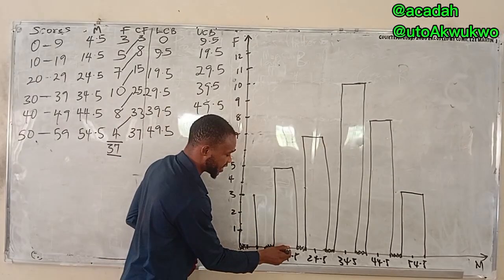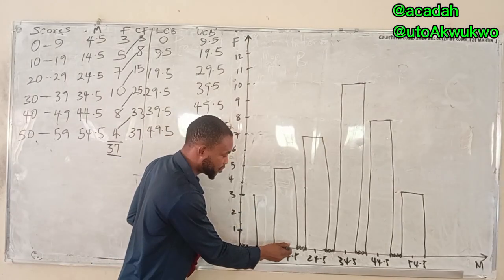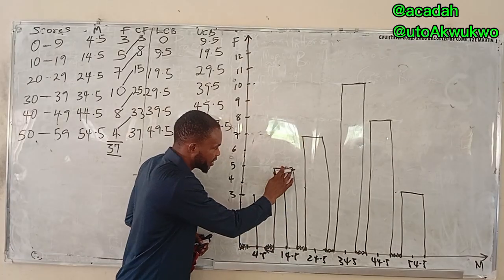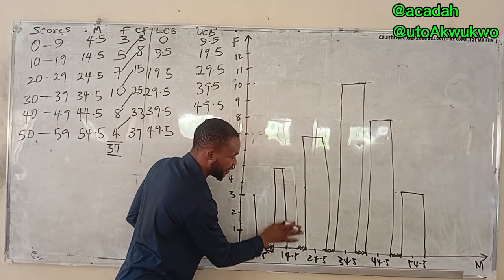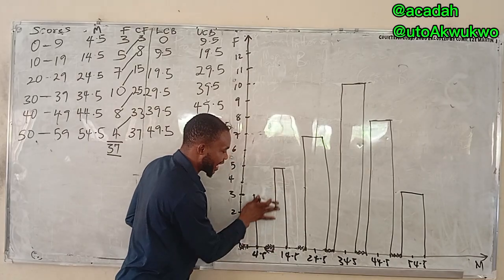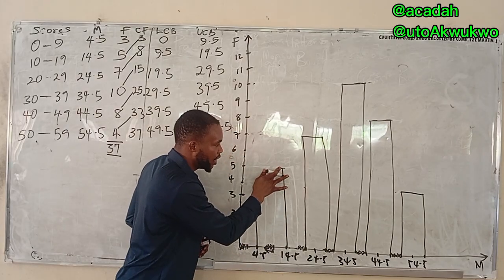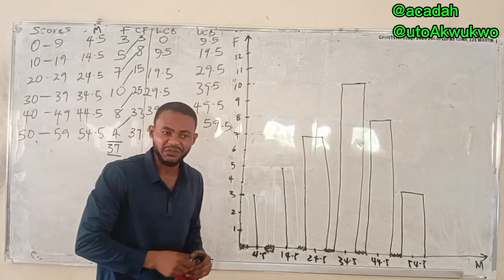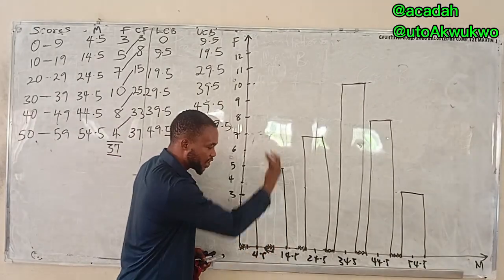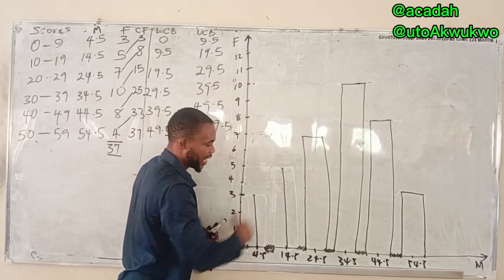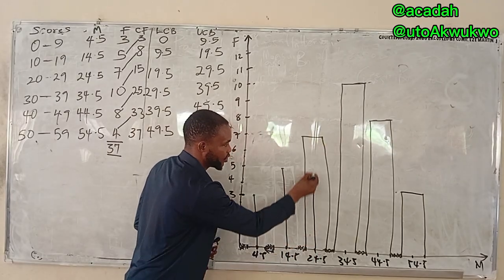So if I come from the center, from that midpoint, that is what you use, midpoint, draw a line like this. If I remove this thing, so every bar diagram, every bar chart, you always use that class mark, that midpoint, because in a bar chart, you have a line graph. So the center that you have is telling you that the center is a line graph. So let's project this one now.